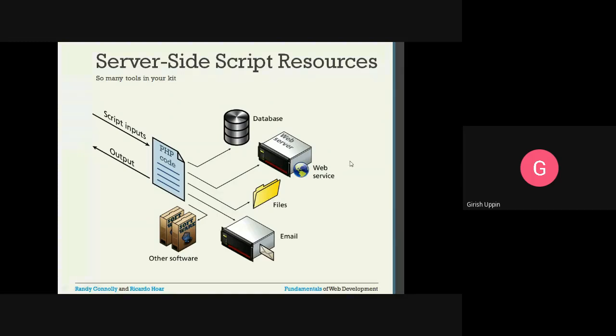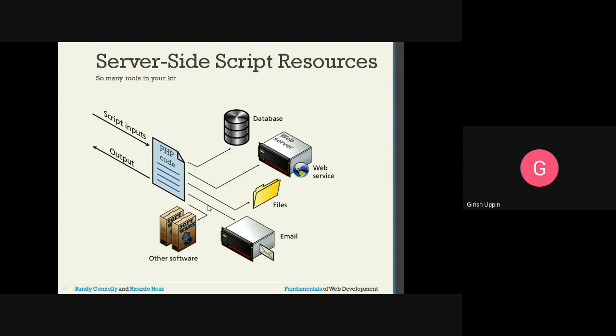Let us say you are trying to get some information which is available through web services. So it will get that data using the web services, or this PHP code might be interacting with local files. It could be images, data files, configuration files, it could be anything.